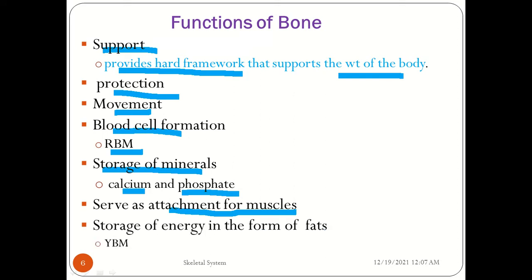The other is storage of energy in the form of fat, like yellow bone marrow. Yellow bone marrow is used for storage of fats and also used for blood cell production in the case of